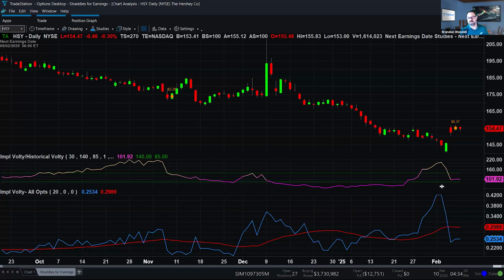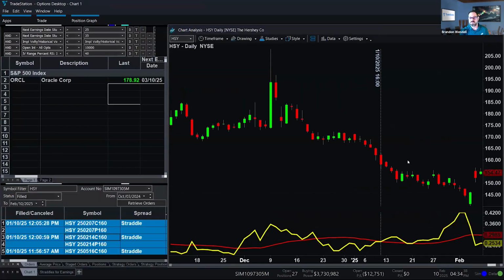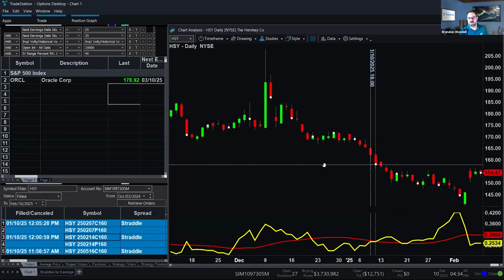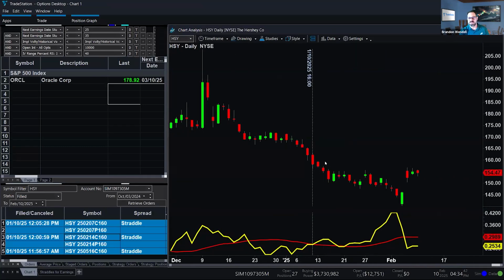Obviously, we know now what the volatility movement was and how much prices have changed. They really didn't change much. Again, going back to my other chart that has that label already. There we are. You can see that we were right around 160, we're at 154. So we're only a $5 difference from where we were.